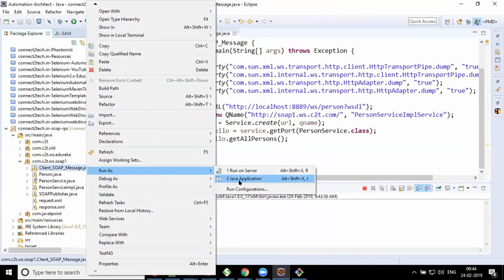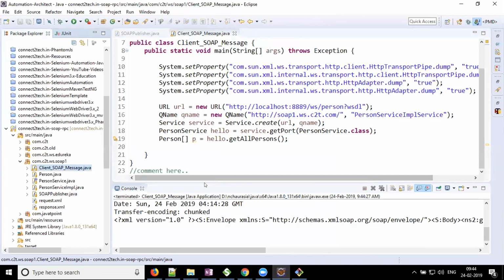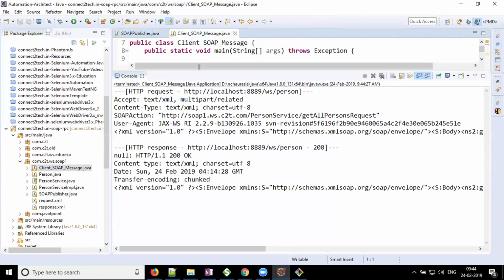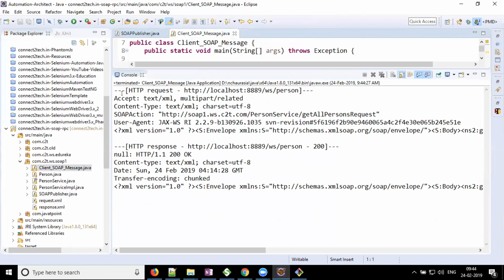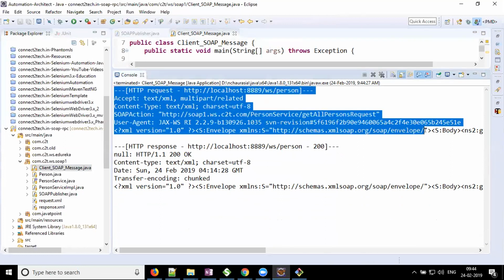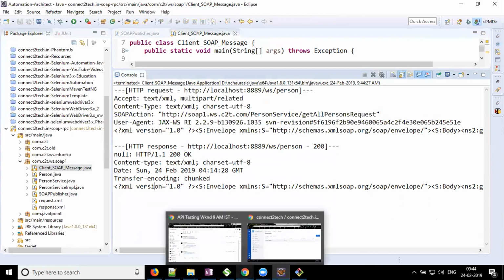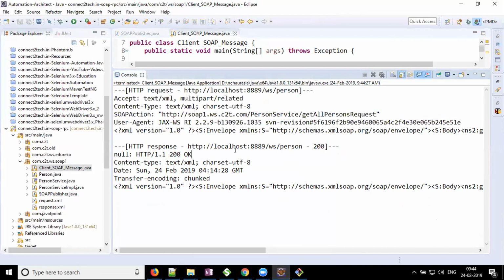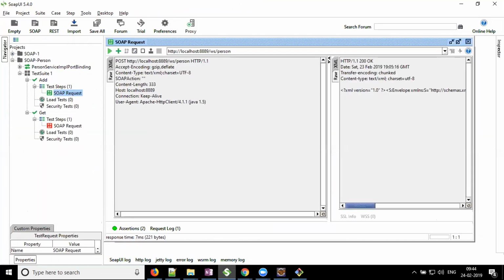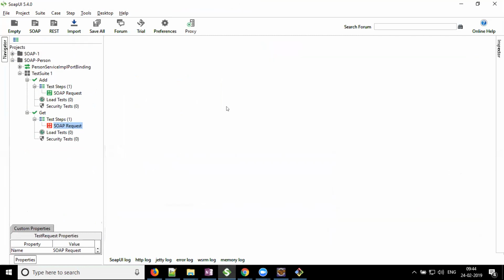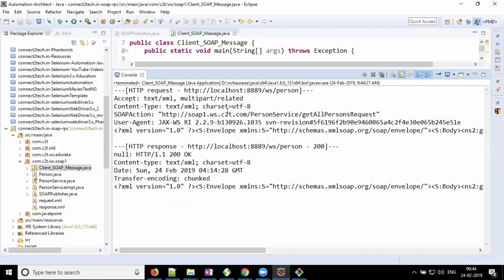Now this program, what it does is, I have written some code so that it shows a request which goes to the server and the response that comes back. Now to make it even simpler for you to understand, we are going to make use of SOAP UI. So what is SOAP UI? SOAP UI is a tool which is used for testing purposes, for manual and automation testing. I'll show that to you in some time. But before we do that,